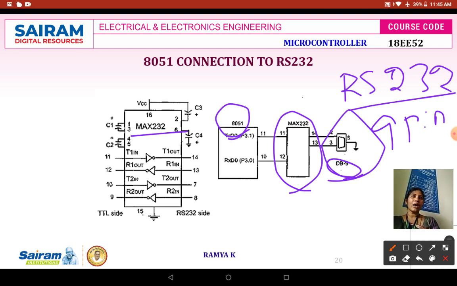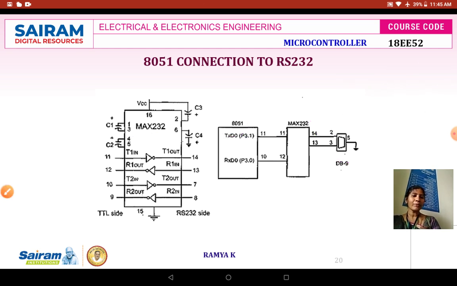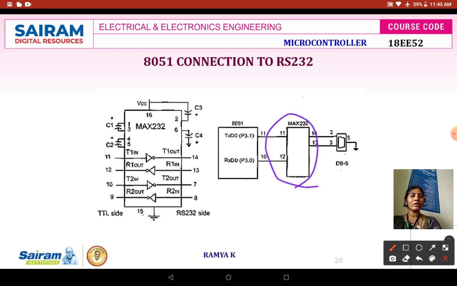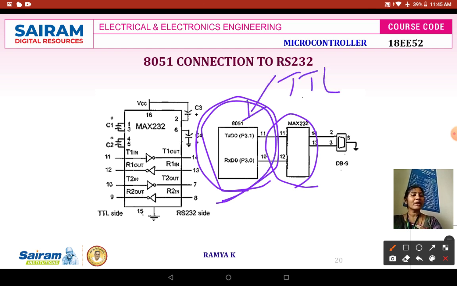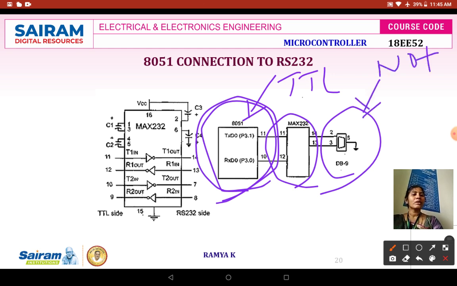So this RS232, in today's microprocessor or microcontroller, whatever we are having, is not compatible with your TTL logic. So we need to drive the logic voltage level of RS232 so that it is compatible with the TTL logic of your 8051. Your 8051 is compatible with TTL logic, whereas this RS-232 is not compatible with TTL logic.